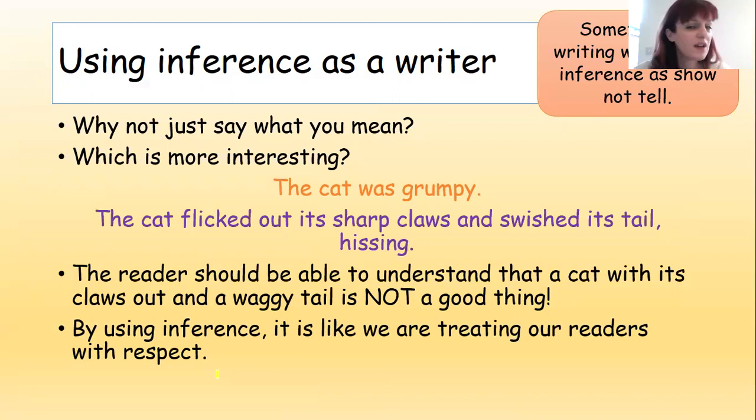Readers don't like to be spoon-fed everything. They want to be challenged. It shows that we are respecting their intelligence by using inference to keep them ticking over, keep them going, okay? If we wrote in those orange sentences all the way through our writing, it gets really dull and it doesn't push our reader, and it doesn't give them enough to work with to really get into a story and sink their teeth into it and get to grips.